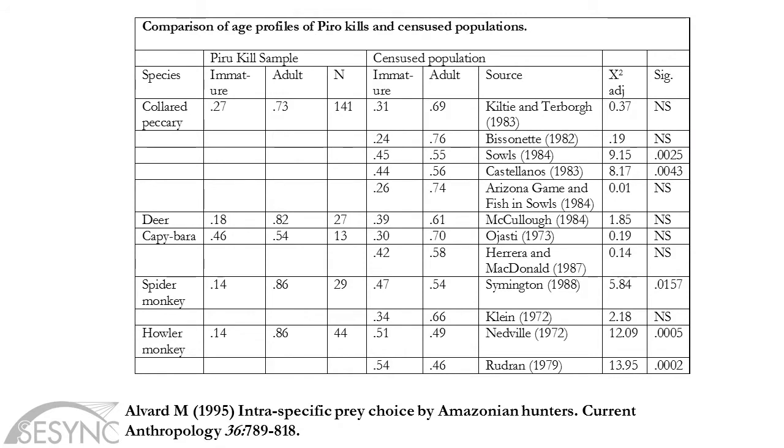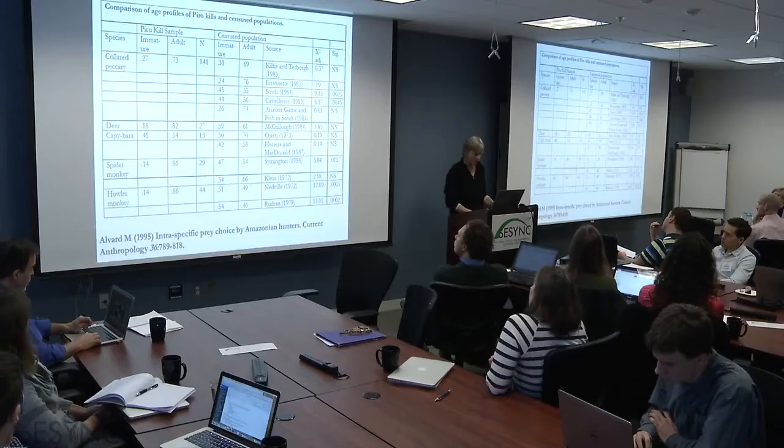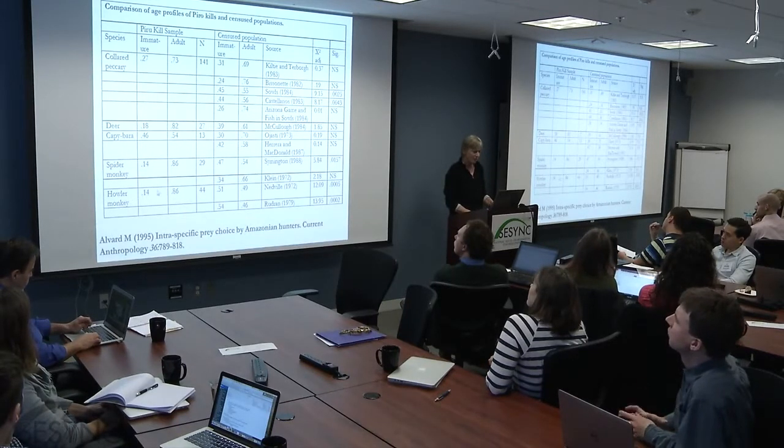So that's what you see here. I know there's too much information here. Let me just highlight the things. So with howler monkeys, for example, the Piro kill sample is heavily biased towards the adult mature animals, but the background distribution of adults and immatures is very different. So there's a significant bias towards actually taking the mature animals, the adult animals, not the